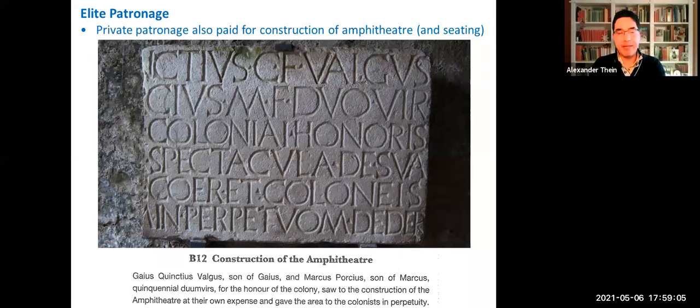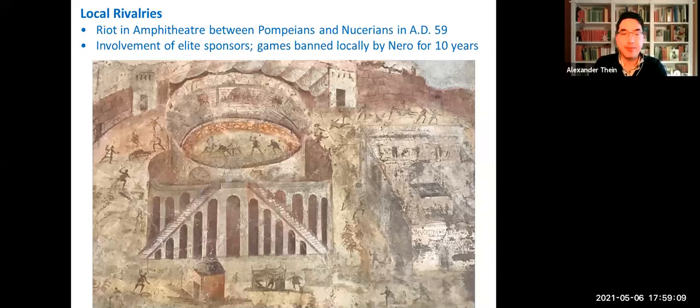So we've been talking about patronage, the way in which you get prestige from building projects, from putting on games. Sometimes this is a very well-known image of the Pompeian Amphitheatre. It's on a wall painting, and it describes a historical event when the Pompeians and rival fans, spectators from the neighboring city of Nuceria, came to blows, and there was this riot which came to the attention of the authorities